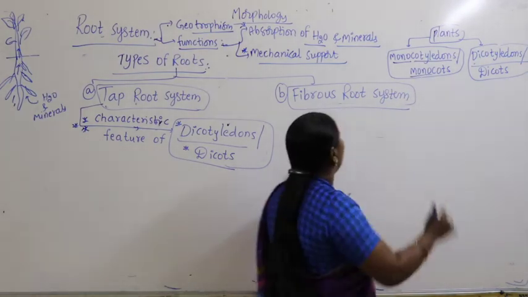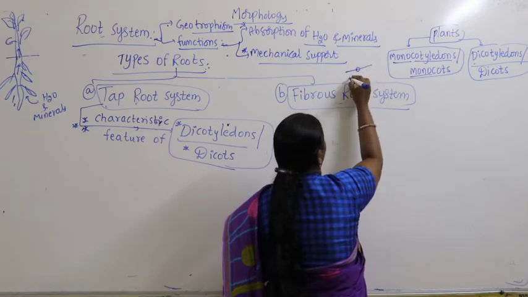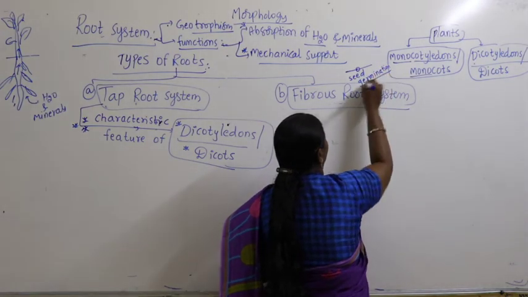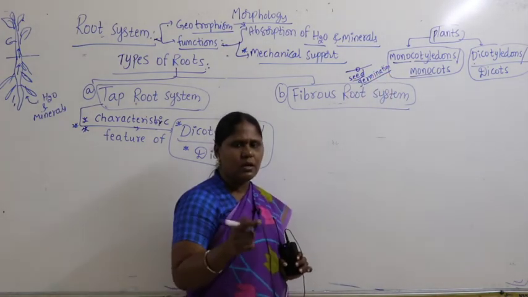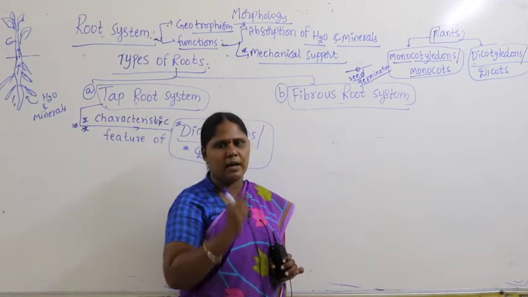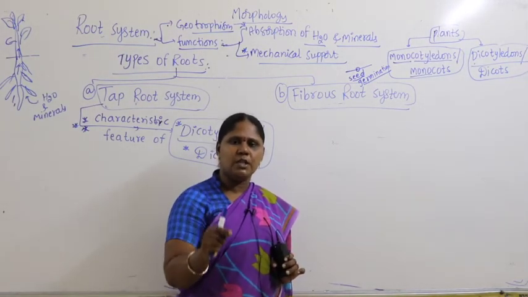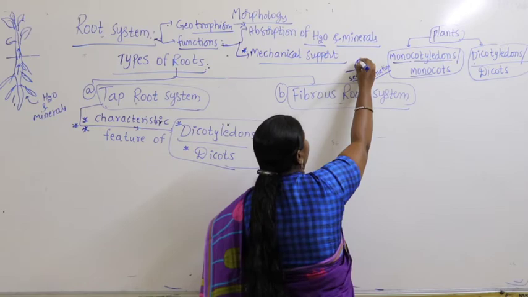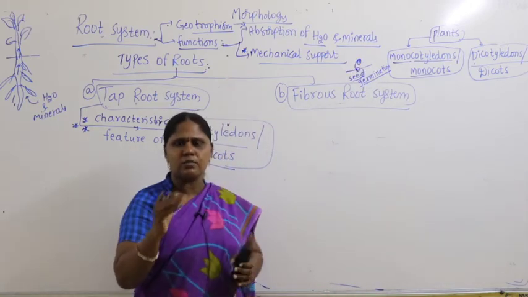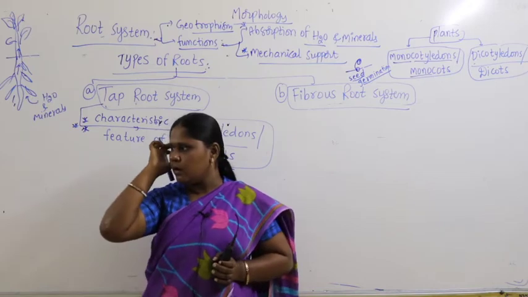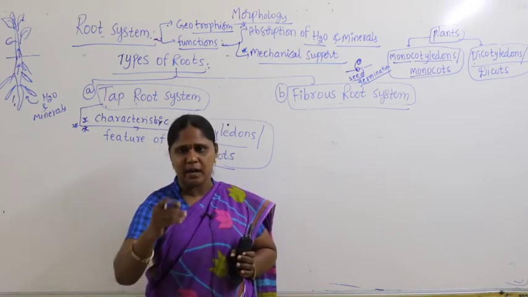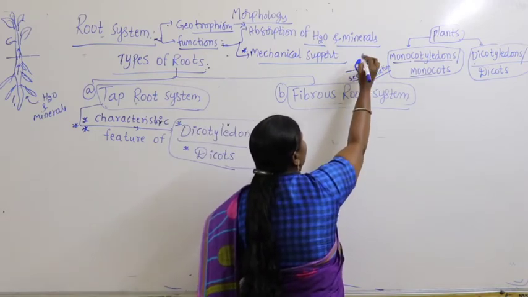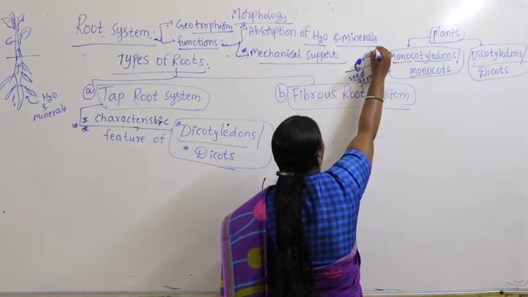What's the meaning of that? When a seed is in germination, that means when you keep the seed in the soil, the seed is germinating into a small plantlet. At the time of formation of the small plantlet, you can see it grows like this and forms one cotyledon. Have you observed any time a young small plantlet coming out of the soil? When it comes out of the soil, you can see there is one green color structure like this. So, this is what is called cotyledon.